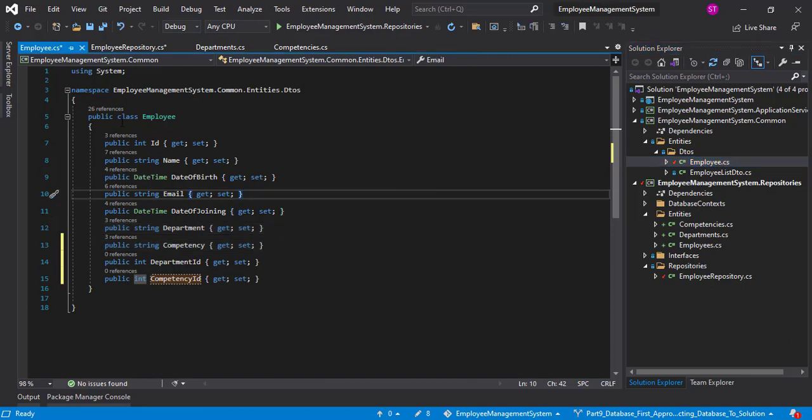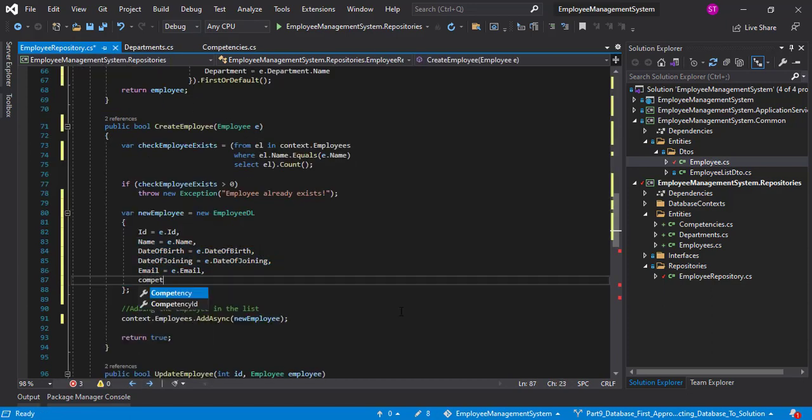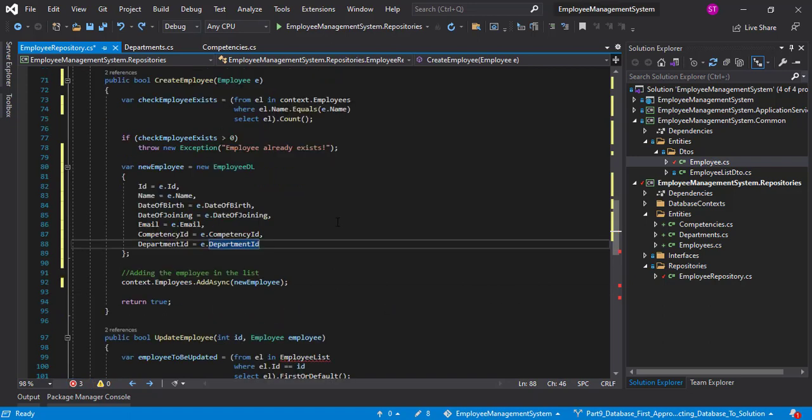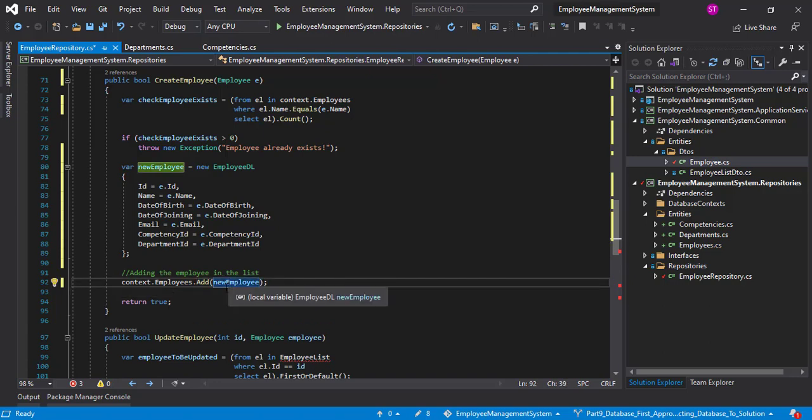Okay, so let's reuse this employee model only. I will add up the competency and the department ID. So let's do this, and for department we'll say e dot department ID. All right. So now you might be thinking create employee is done, but it's not done yet. Once we have added the new employee in the employee statement, okay, this should be add and not add async. Okay, yeah. So once we have added the new employee, you would be expecting the employee to get saved